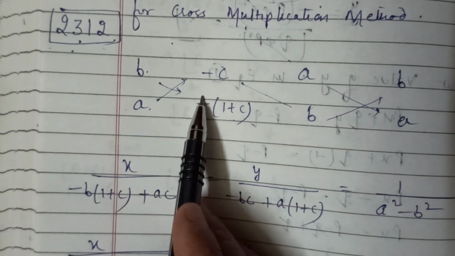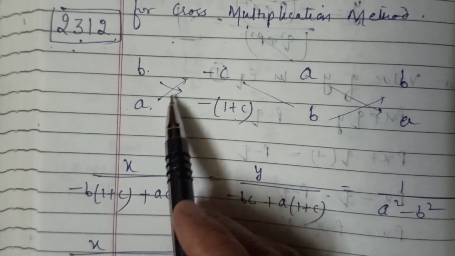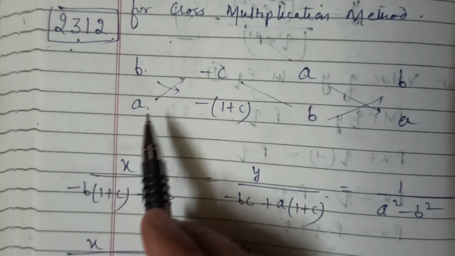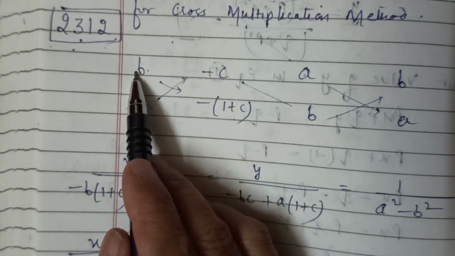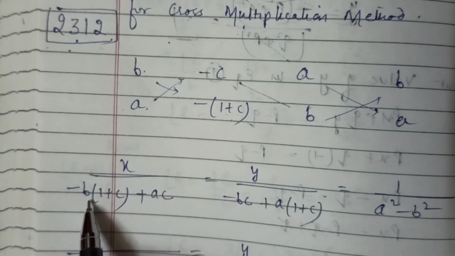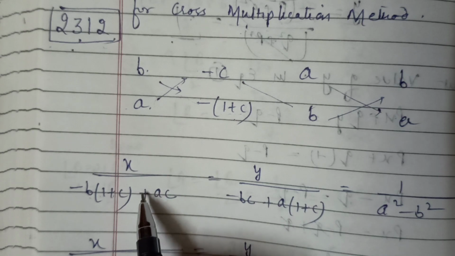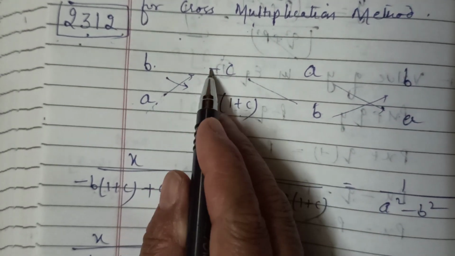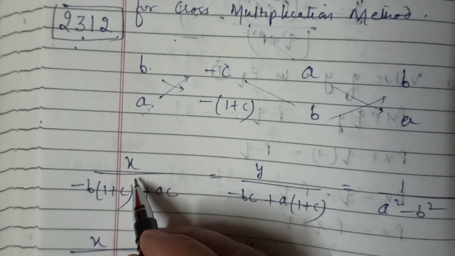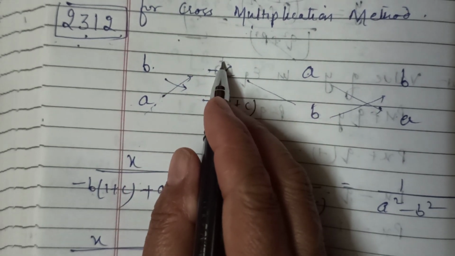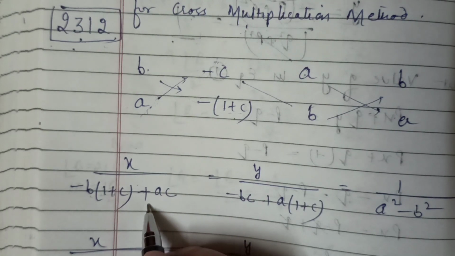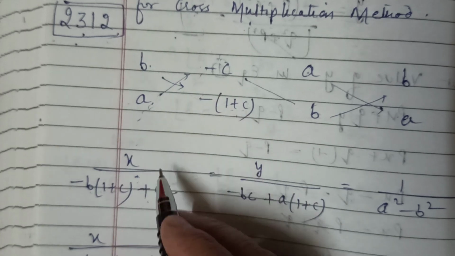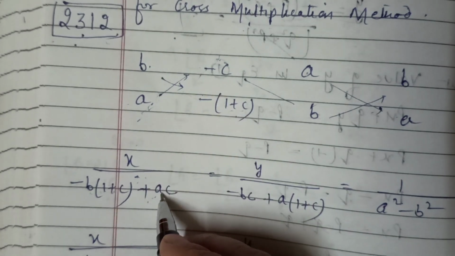First you multiply this by this, then minus sign, this product of downward minus product of upward. So b into minus 1 plus c, minus b into 1 plus c, then product, minus sign, then product of this. So this product is minus ac, minus and this minus, they become plus. The minus which comes in the formula and the minus which comes with the product, both will become positive, plus ac.